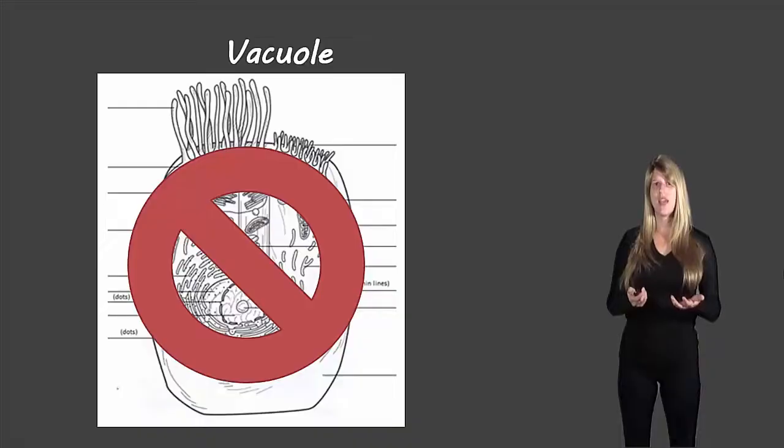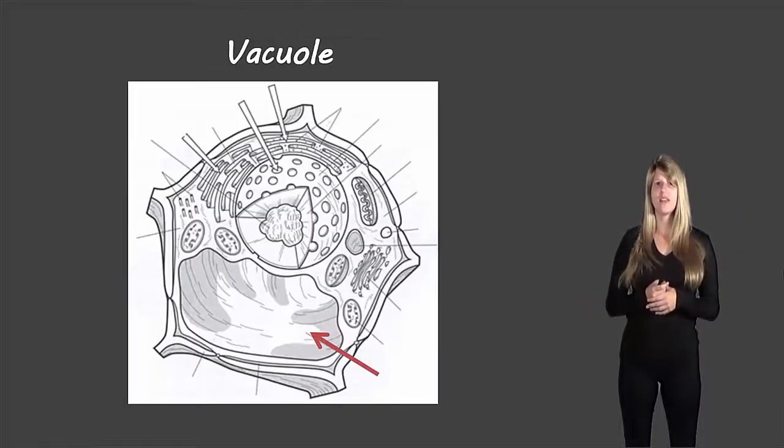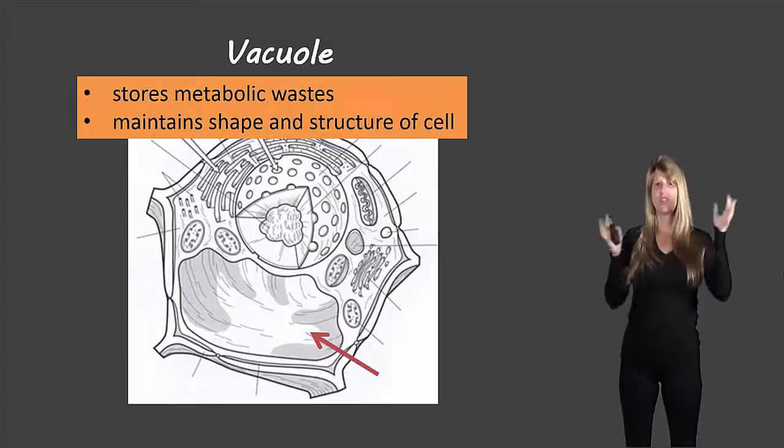It doesn't exist in the animal cell, but it's this large, empty-looking organelle in the plant cell. And so this is actually filled with fluid, even though it looks empty in the diagram. And it stores metabolic waste, and it maintains the shape and structure of the cell. So as it fills up, it pushes up against the cell membrane and the cell wall to help that cell